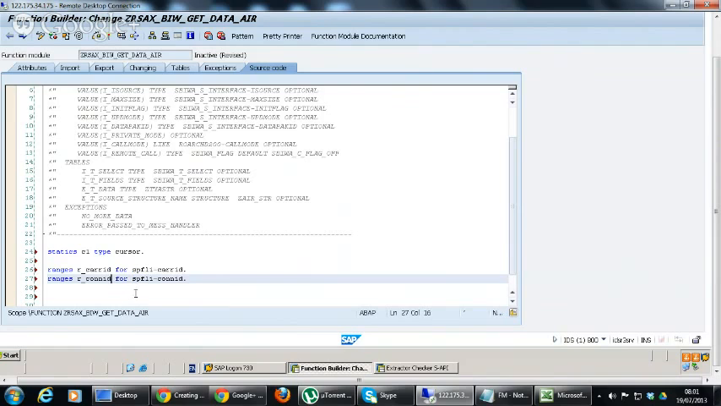It means whenever the user asks for a selection, for example, if the user is asking for New York flights only, then all the New York flights will be filtered, and all that information will be taken from the SPFLI table, connection ID. Like that, the